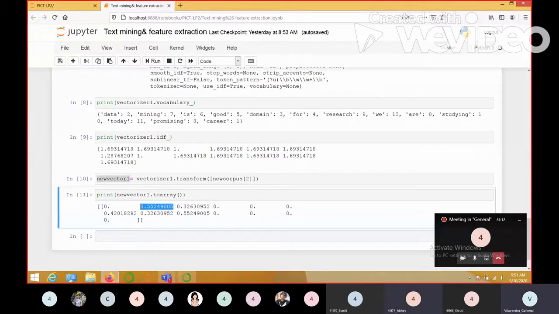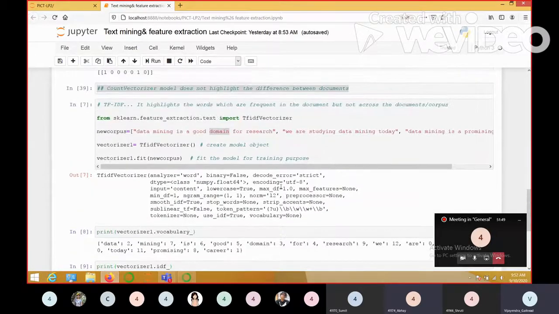First index. Which is the word present in our vocabulary at the first index? Career. So according to our testing, since this value is highest, career should be the most significant word in our test document, isn't it? Yes, sir.